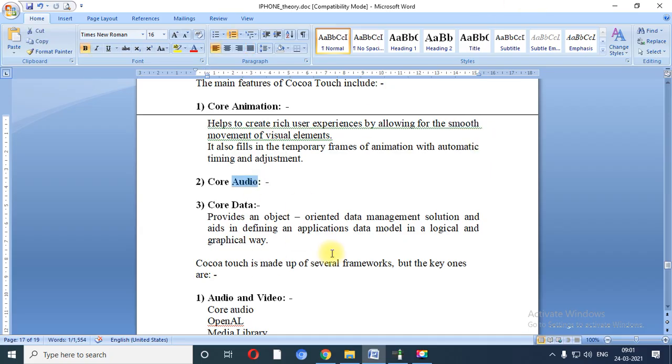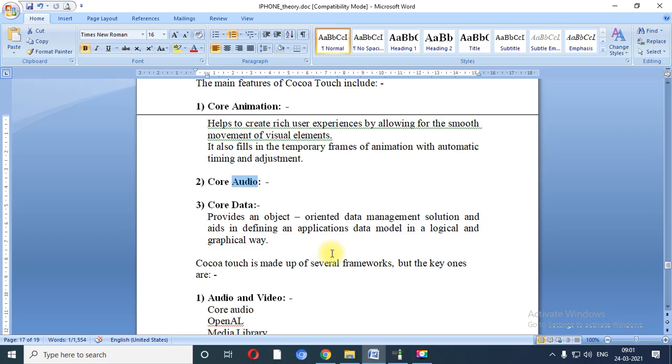Next is called Core Audio. Audio means whatever sound you want to pass using Cocoa Touch, it provides you the library related with the audio. Next is called data. Data means what? If you want to manage your data in the database or any other places, it is possible.